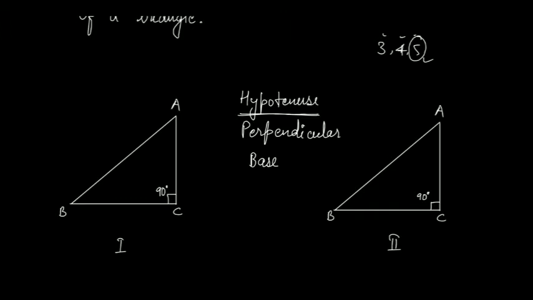How do you determine hypotenuse, perpendicular and base in the triangles? This is the most important thing, because many students face problems in this. Here are the 3 sides in the given triangle. Suppose one side is 3 and one is 4, then the hypotenuse will be 5. In any right angle triangle, the longest side is always the hypotenuse, and it is the side opposite the right angle.